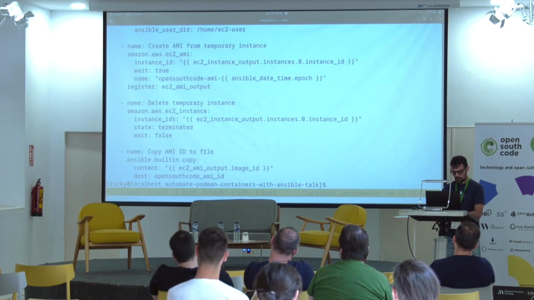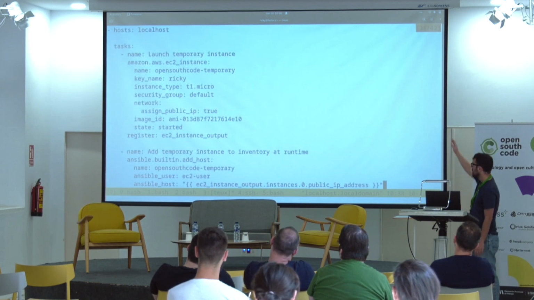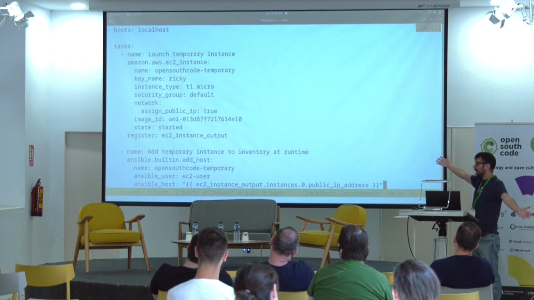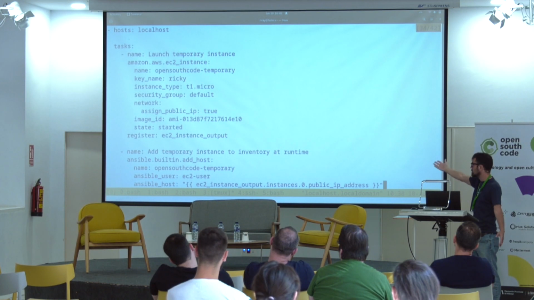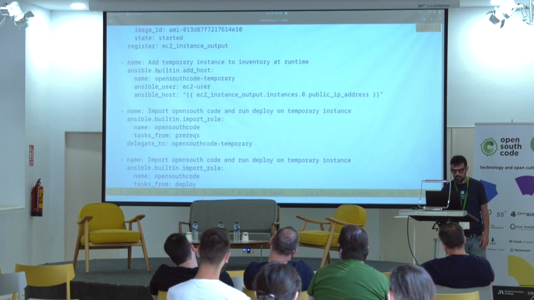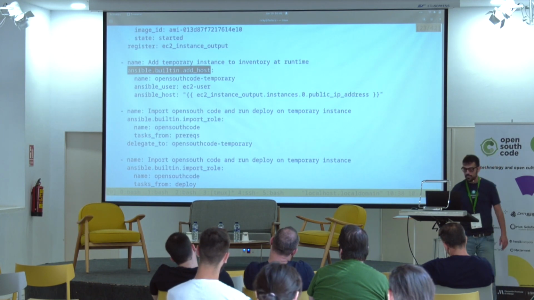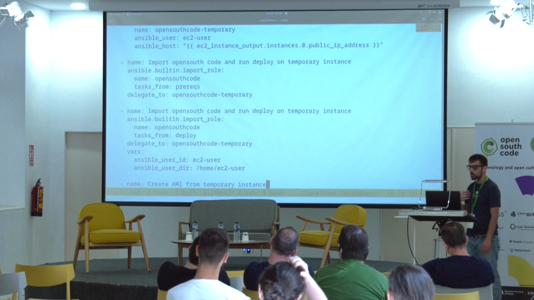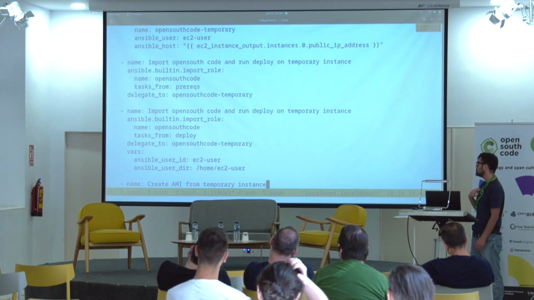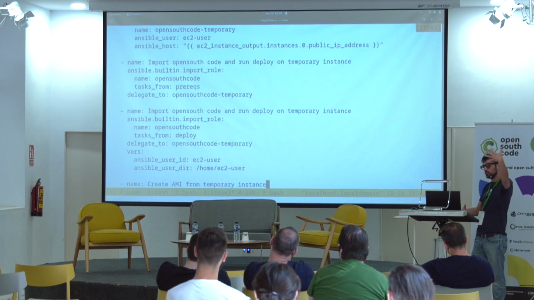Build OpenSouthCode AMI, which is going to do that. By leveraging Ansible, which integrates with everything, I can have a task which creates a temporary EC2 instance. Then I add it dynamically to the inventory, since it's not in my static inventory file. And then I can just reuse my OpenSouthCode role to deploy it against the temporary instance that I launched earlier